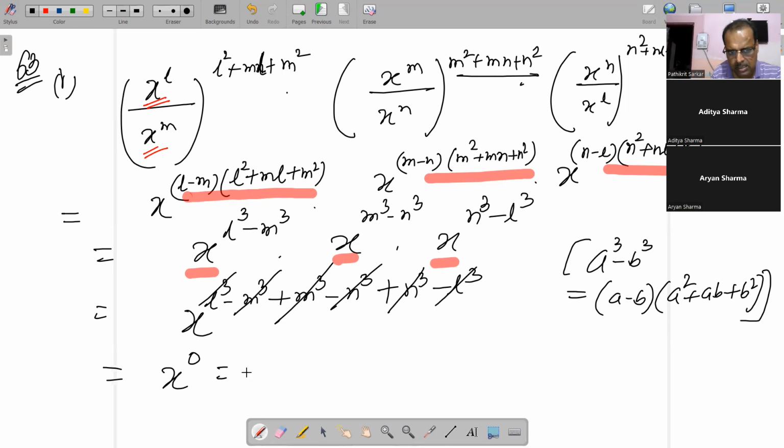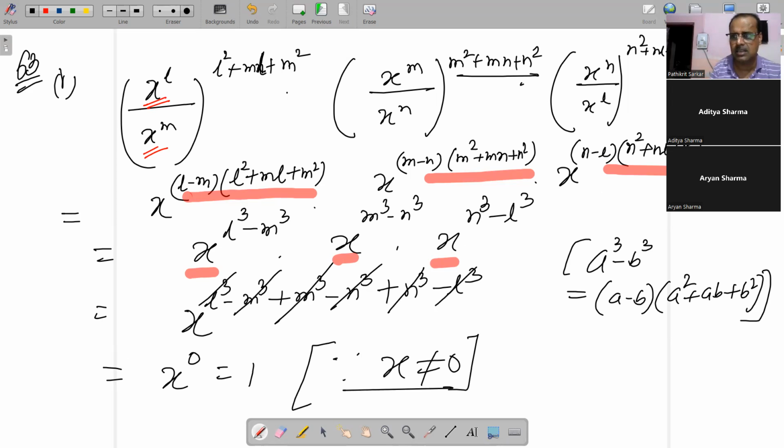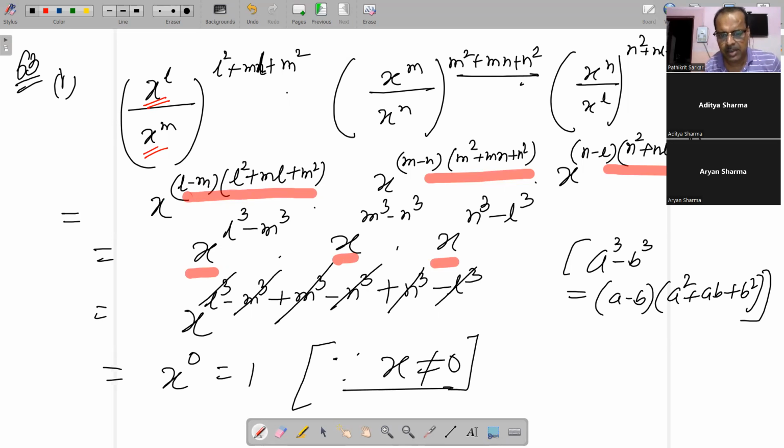So ultimately it comes down to x to the power 0 that is equal to 1 provided आपको लिखना पड़ेगा x is not equal to 0। ये नहीं लिखने से ये आंसर आप नहीं लिख सकते। इसलिए नहीं लिख सकते बिकॉज अगर x 0 हो जाता तो x to the power 0 means 0 to the power 0, 1 नहीं 0 आ जाता। But here it will be 1 and why it will be 1, that reason already I have explained, क्योंकि x is not equal to 0 so anything to the power 0 comes down to 1। So this is the way we can do such kind of problem। ठीक है ना, देख लिया, देख लो।